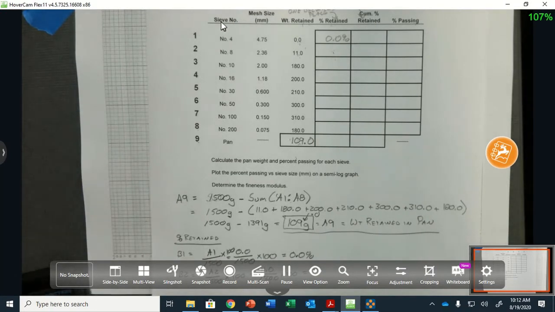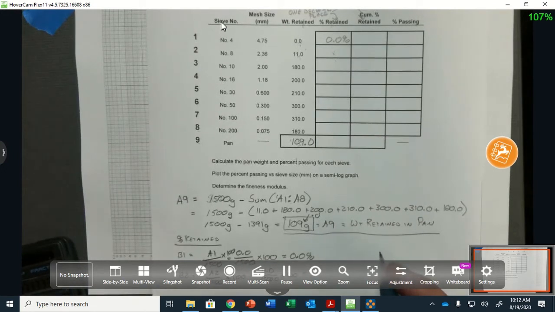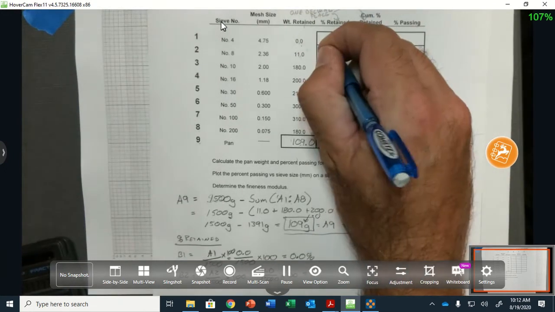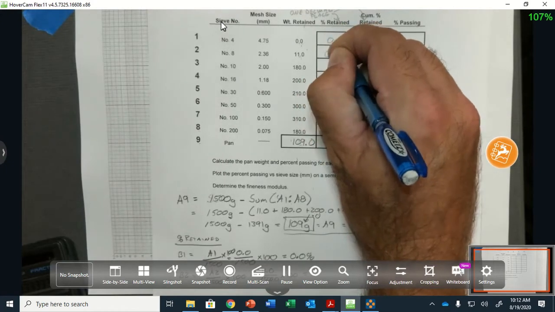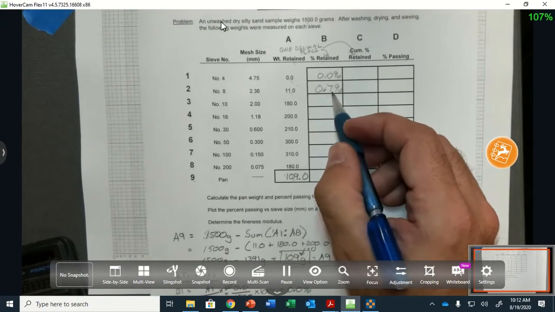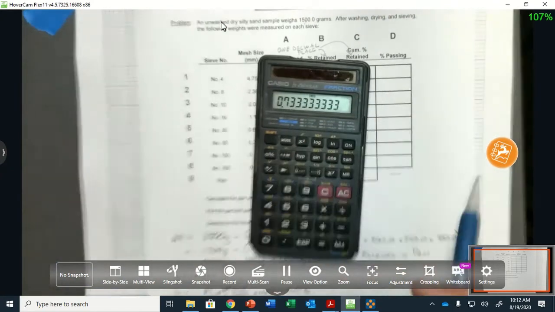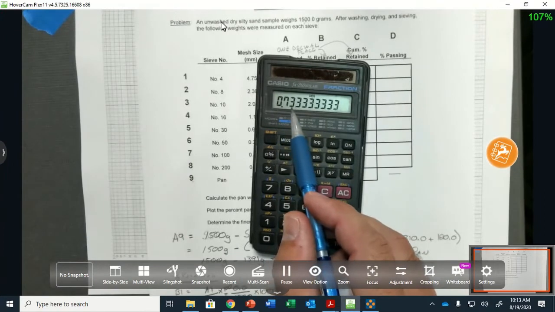All right, so 11 divided by 1,500 times 100, and I get 0.7%. So remember, if I want to round to the tenths place, what do I look at? The third place. So if you look at my calculator here, I'm reading 0.733,